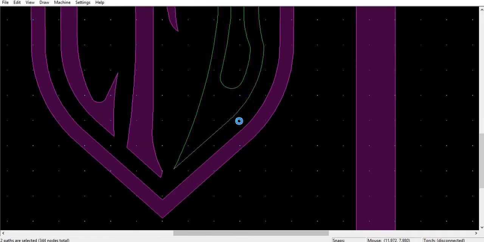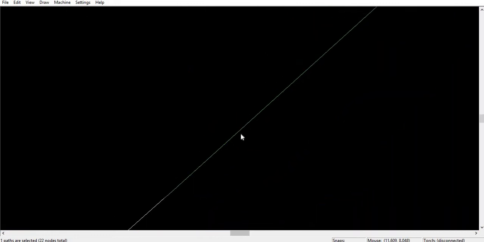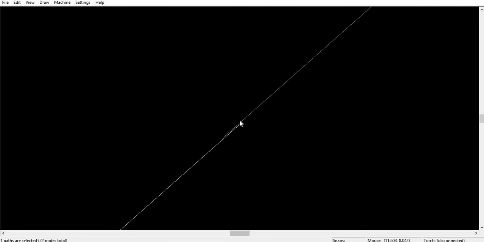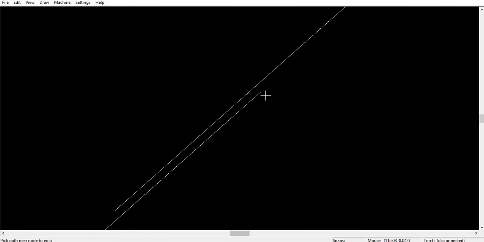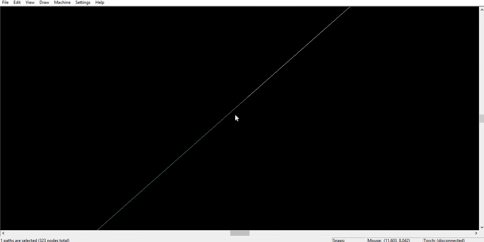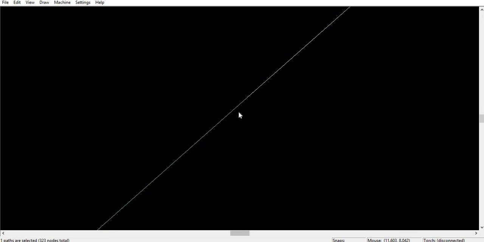Now, if I had done that the other way around, then it wouldn't have done that. So I'll break it, and what I mean by that is if I'd selected the other endpoint, if I'd selected E for edit and edited this end and snapped it to this endpoint, now it goes there, and escape. Okay, and now when I hit, oh dang, I changed my settings a while ago. Okay, I don't ever set to jump any gaps. Okay, so now when I hit J for join, it joins it,